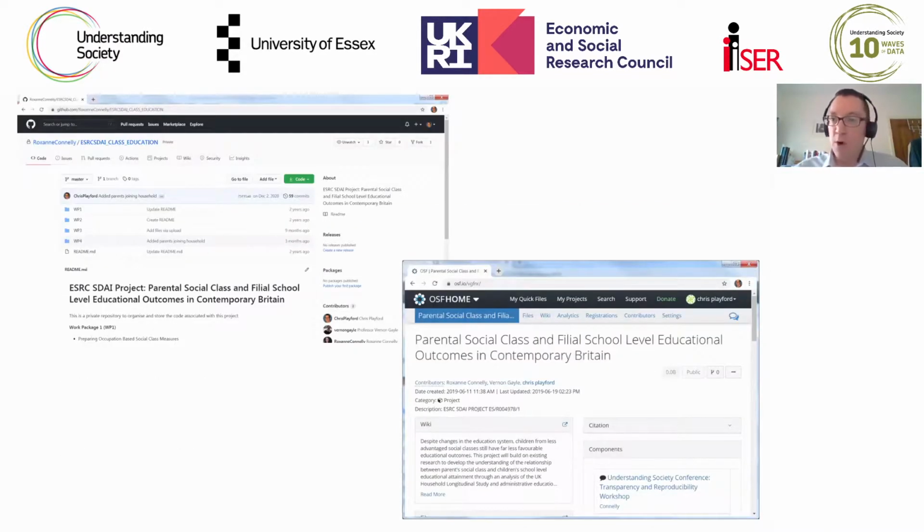So what our plans are at the moment is we've been putting this onto a GitHub repository. This is currently private, but we will make this public, including all the code and the Jupyter notebooks that we're producing as we're doing this piece of work. And then we want to host this on the Open Science Framework, OSF. And we've got a page for this where we've been recording all the other project materials that we're doing as we're going on. And we just think that that's really important as a way of helping others so that we can all improve our research.